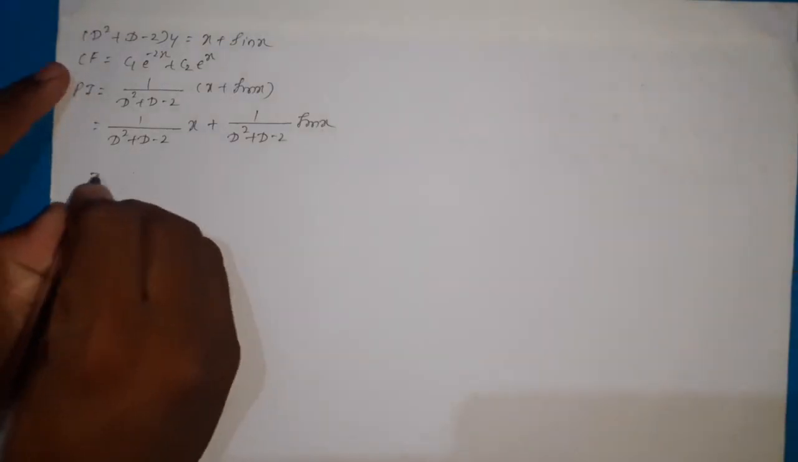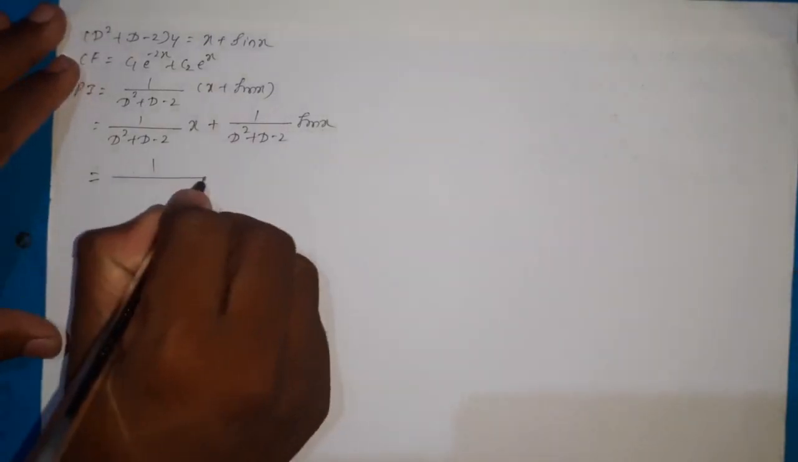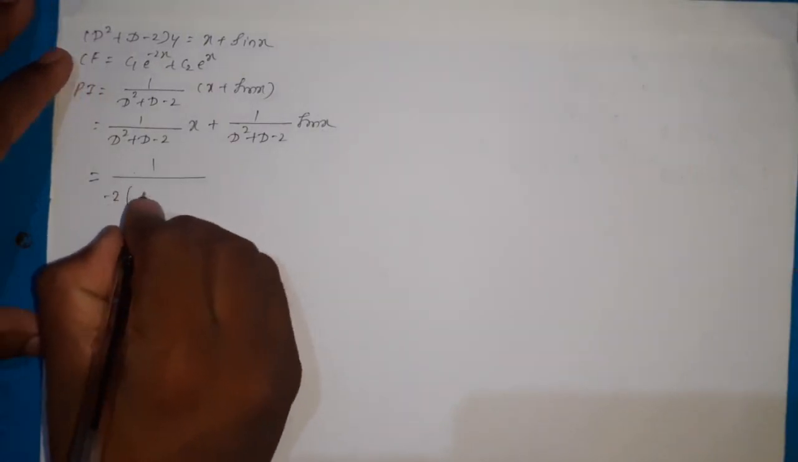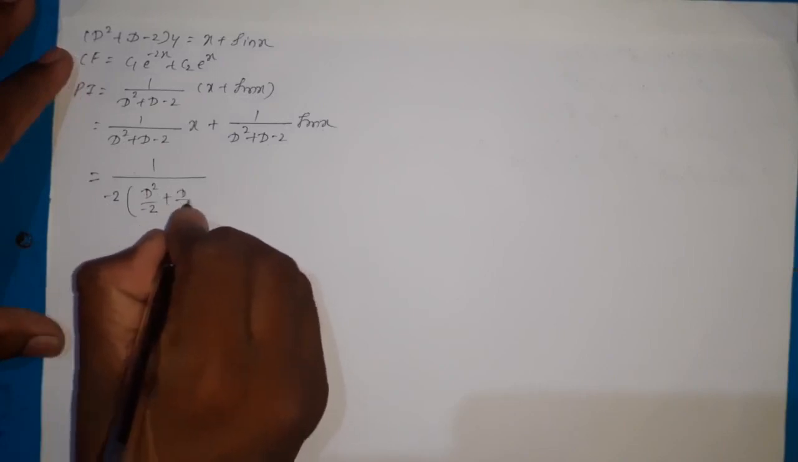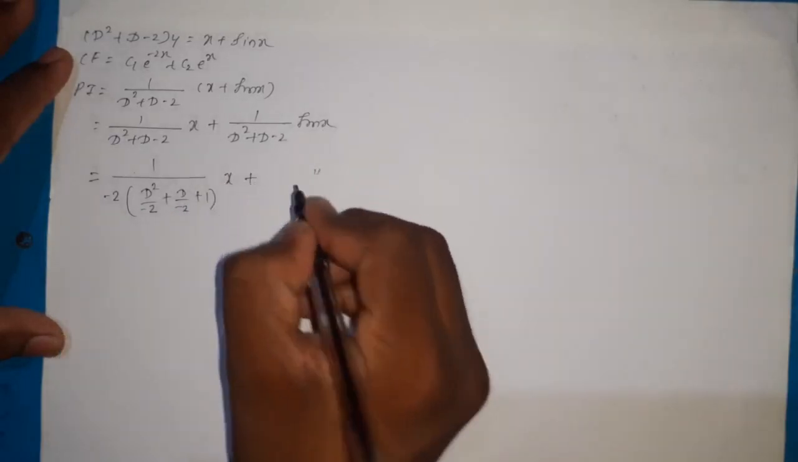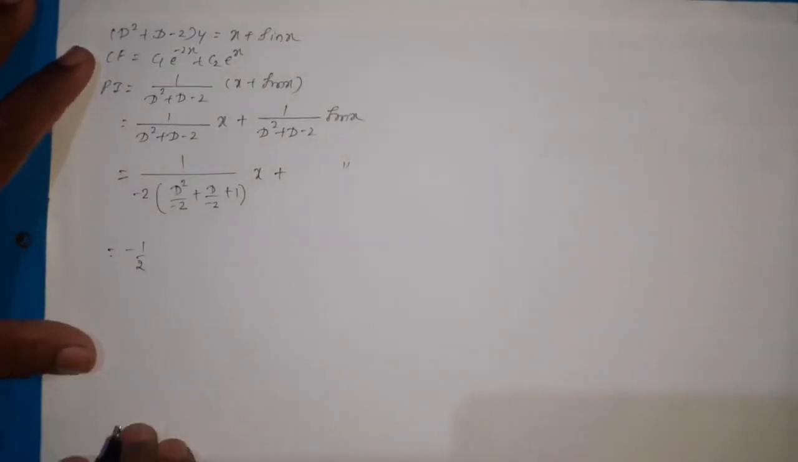So whenever x power m is there, there we need to take the least term outside from the denominator. So here the least term is minus 2. So therefore here 1 divided by minus 2 outside, then remaining d square divided by minus 2 plus d divided by minus 2 plus 1 x plus this you will solve. Then here minus 1 by 2 keep as it is,